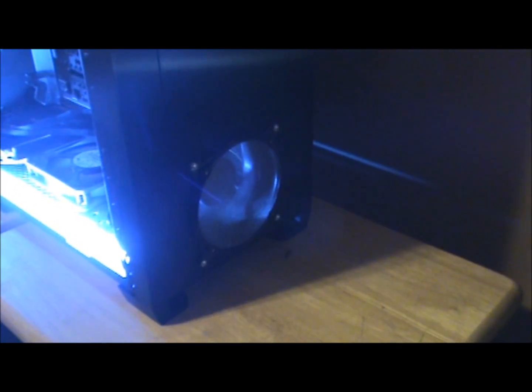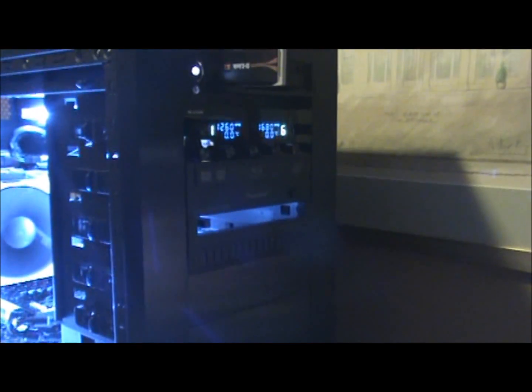Alright, so guys, in the front of the case I've modified my 800D. This is the same chassis I was using for my X58 water cooling build, which I've parted out and gone with a P67 setup. On the front bezel I have a cutout for a 120 millimeter fan. That's a Gentle Typhoon 1800 RPM. I've got a Scythe 6 fan controller, my Pioneer Blu-ray reader writer,